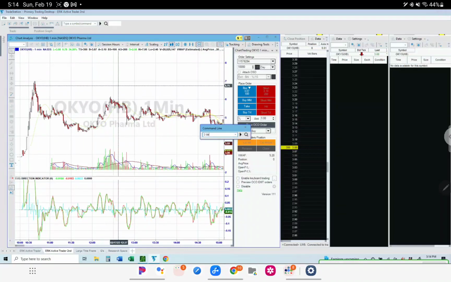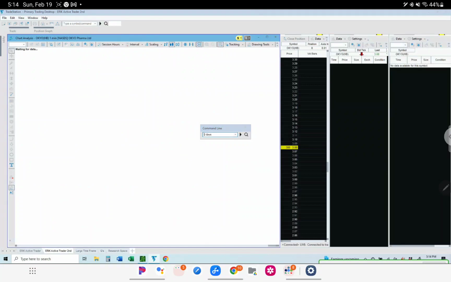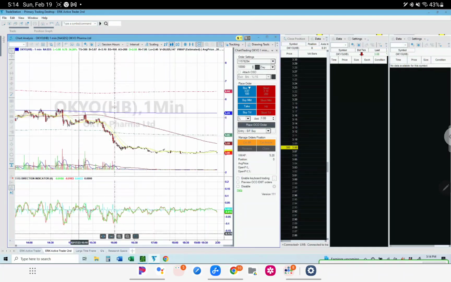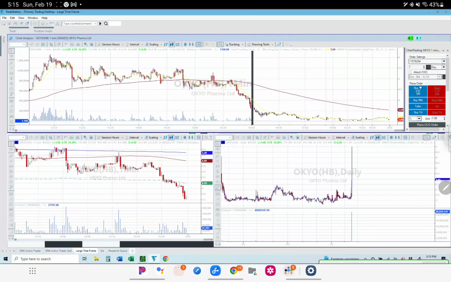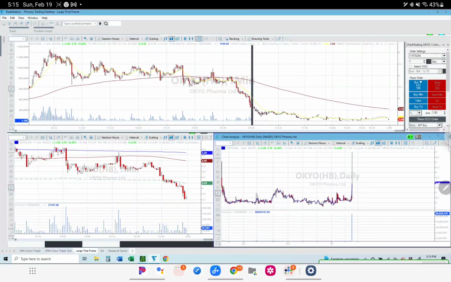Let's go 2 days. All right, so apparently OKYO on a large time frame was doing something crazy. Got down very low into the $1 and $2 range. Looked like it dropped down as low as about $1.52 or so at one point, and then it kind of consolidated. And then on Friday, it shot way up. So it went up as much as,